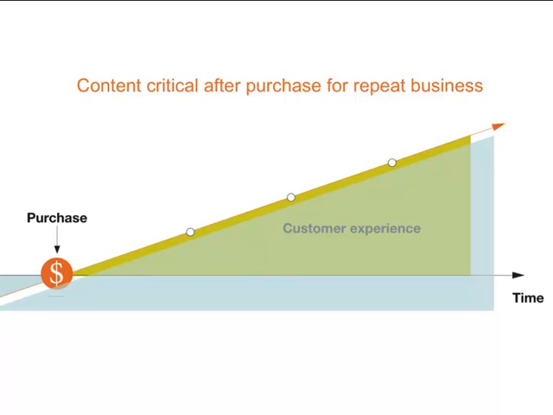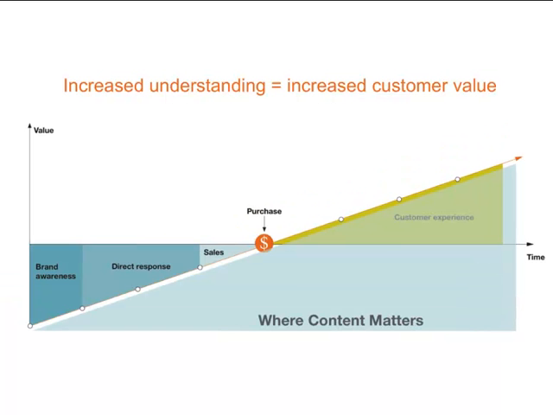Now, there's a huge difference between the lower left and the upper right of this chart. Down at the lower left, if you're to the left of that very left spot before brand awareness, you don't even know who your brand is, those folks. Once they become aware of it, they just don't get it down there. Your brand advocates get it. Now, customers who get it are worth a lot more than prospects who don't. And the delta between those who get it and those who don't is understanding.